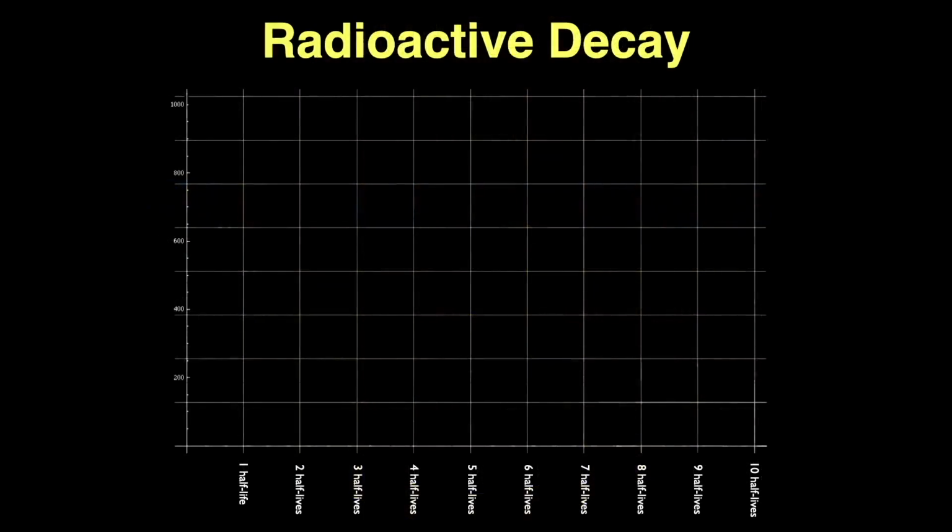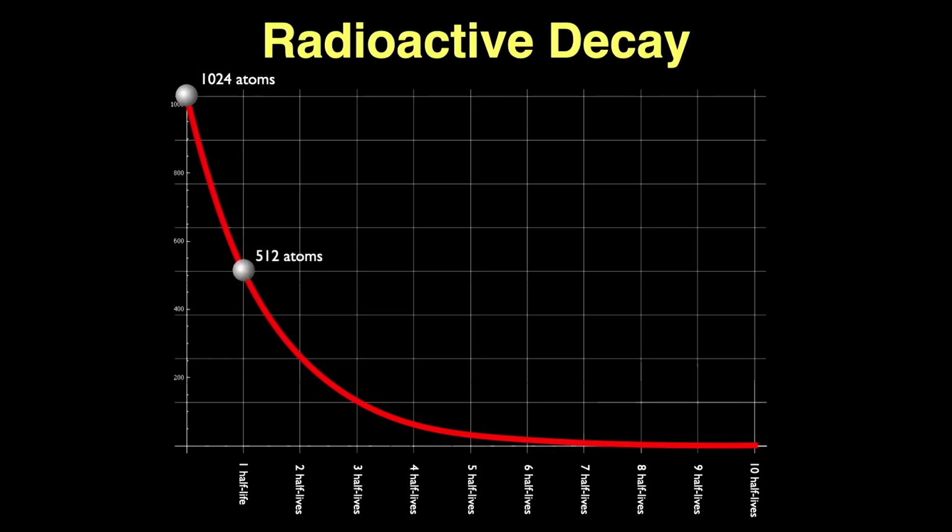What's a half-life? This graph shows an exponential decreasing curve. As an example, let's say we start with 1,024 atoms of any isotope from the previous slide. I chose 1,024 atoms because it's a power of 2, and we'll be doing a lot of dividing by 2. If you wait 1 half-life, half of your isotope will decay, and you'll have 512 atoms left. If you wait 1 more half-life, half of that half